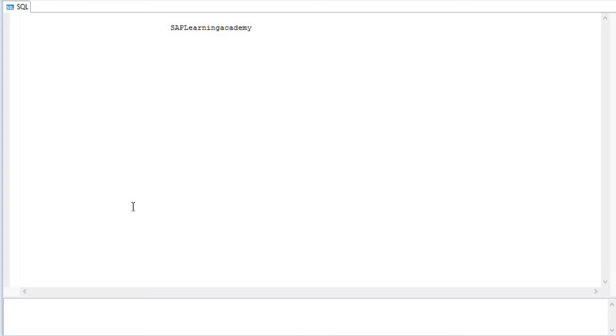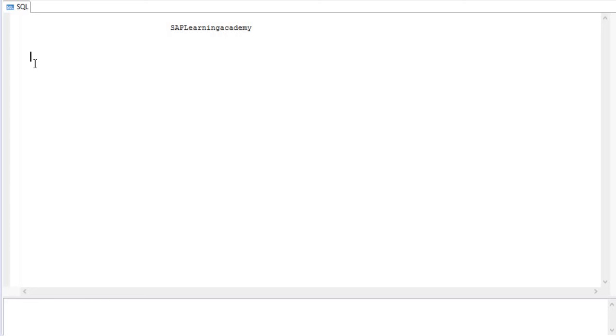In this tutorial, I'm going to give you a basic concept: how can you copy a table from one schema to another schema, or how can you transfer the data from one table to another table. So the requirement, or the idea of this tutorial, is this. If you have worked on SAP HANA, then it is really relevant to you, as there are several requirements where you need to transfer the data from one table to another table.